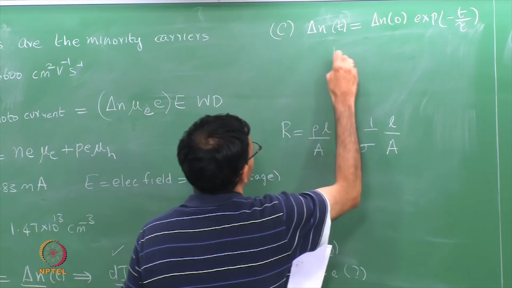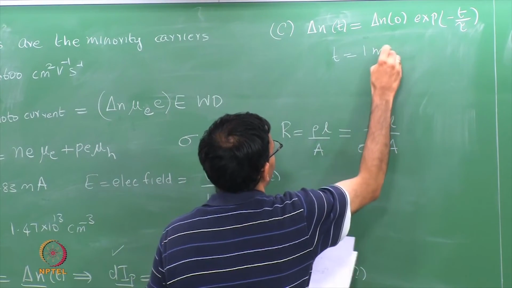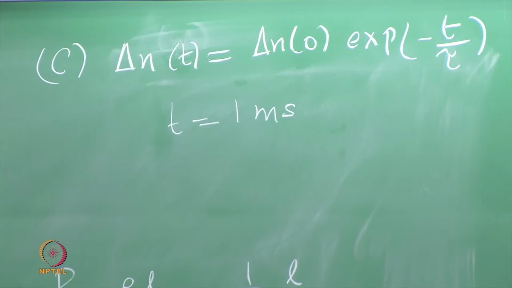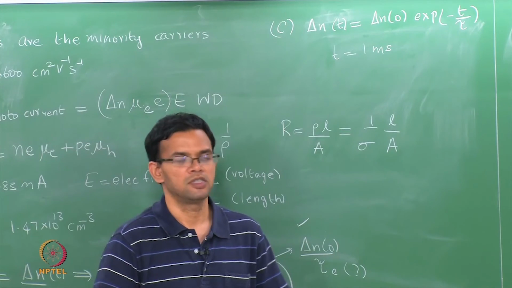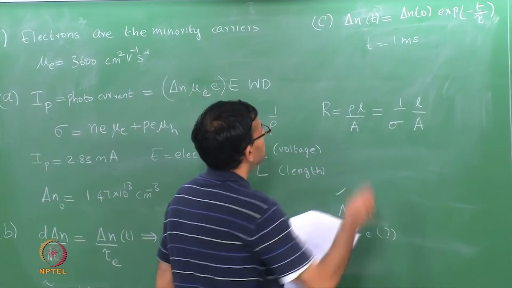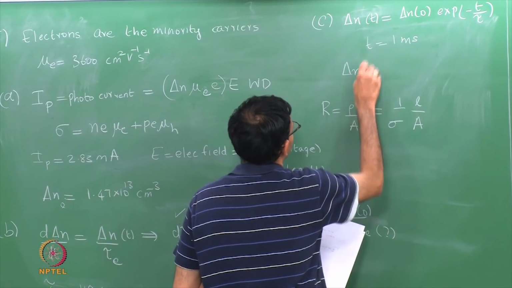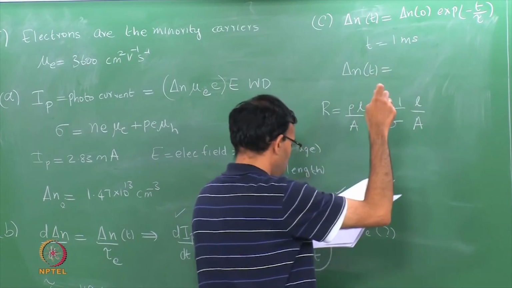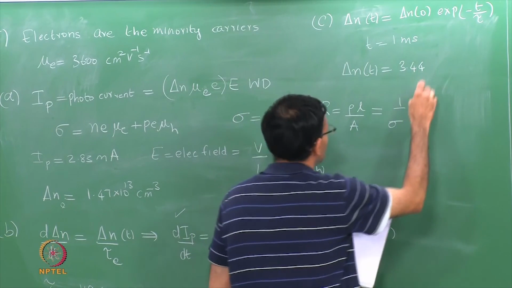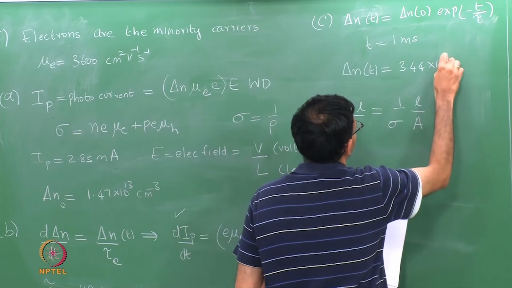Here t is 1 millisecond, delta n at time t equal to 0 is what we calculated in part A, which is the excess equilibrium concentration, and tau is what we calculated in part B. So, delta n is nothing but 3.44 times 10 to the 9